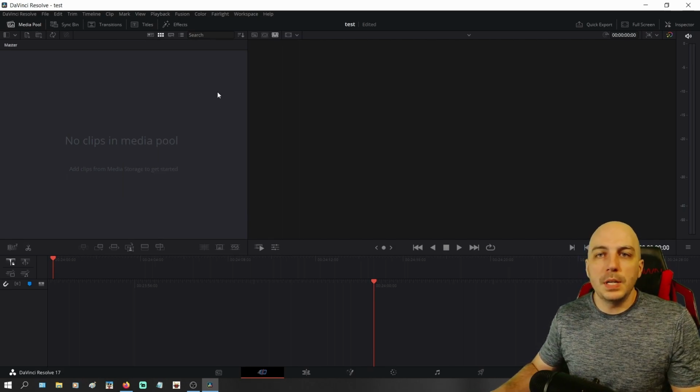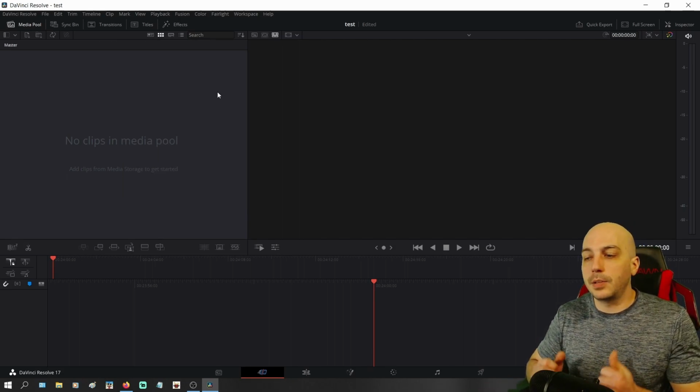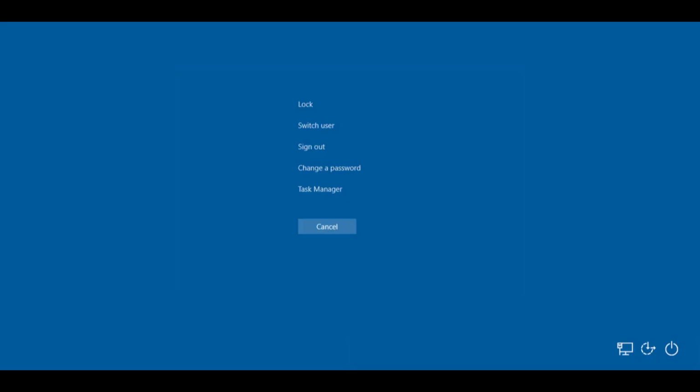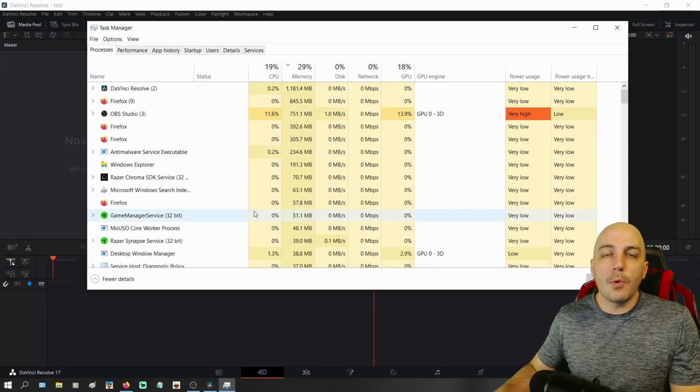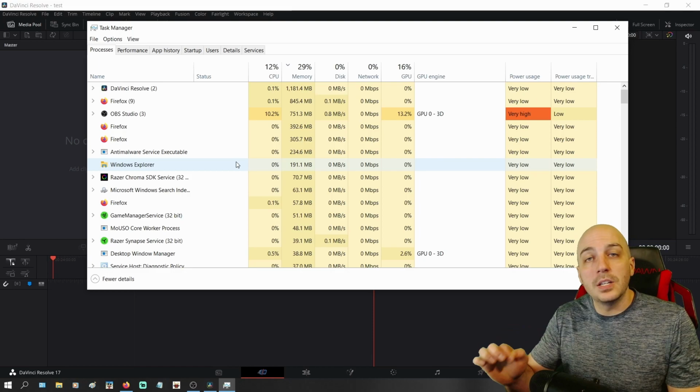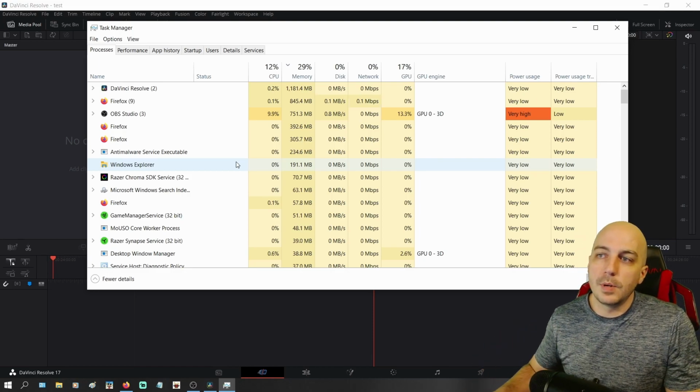Well, what you need to do in order to check your minimum specs, if you do not know, is go ahead and hit Control, Alt, hold those down, and then push Delete. Now it'll bring you up to the blue page right here, where you can click Task Manager, and that will bring up where you can check exactly what the specs are of your computer. At least check the stuff that you need in order to tell if you reach the minimum specs for DaVinci